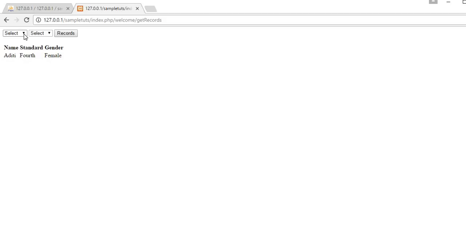down values. If I select first and male, okay, you will see name Ajay, first, standard and male. If I select second and select female, then it will display Pooja, second, standard and female. If I select fourth and female, it will display Aditi, fourth and female. Okay, so in this video I will show you how to create this kind of filtering functionality